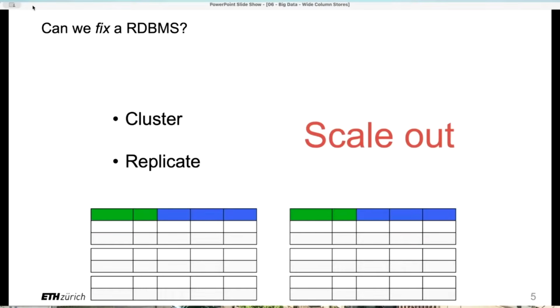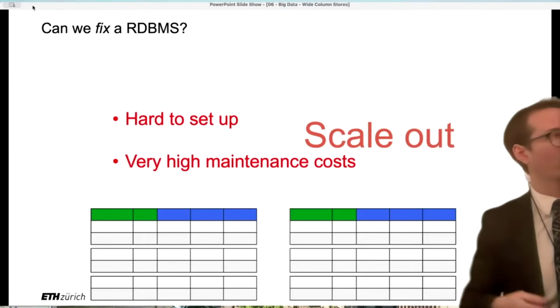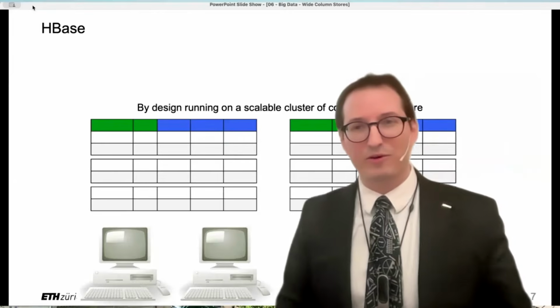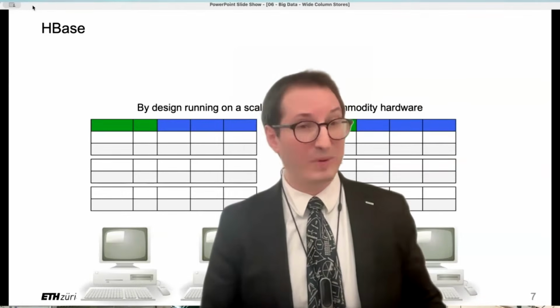Engineers try to scale it out at the very beginning, but manually, in the sense that they would install a relational database on many machines, but then they have to deal with all of the complexity of the management and the partitioning, the replication, and so on. So it costs a lot of money, costs a lot of time, and this is why they had to invent something new. So the idea of what we are going to look at today, which is known as HBase, is